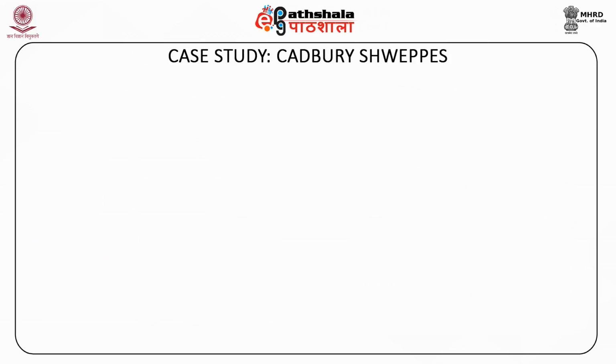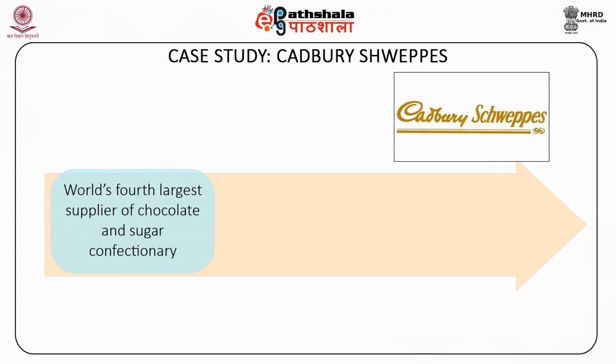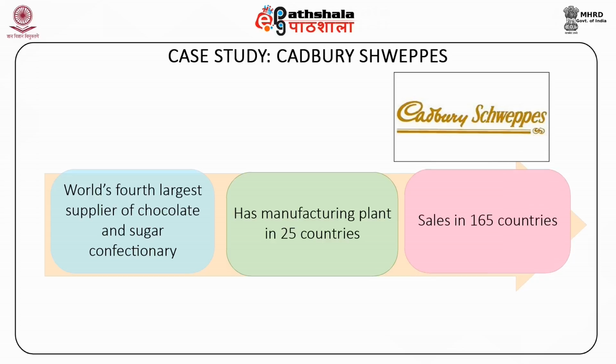In the confectionery business, Cadbury Schweppes is the world's fourth largest supplier of chocolate and sugar confectionery. The group has manufacturing plants in 25 countries and sales in a further 165. Cadbury Limited is Cadbury Schweppes UK confectionery operation, and it is responsible for the production of all Cadbury's best known